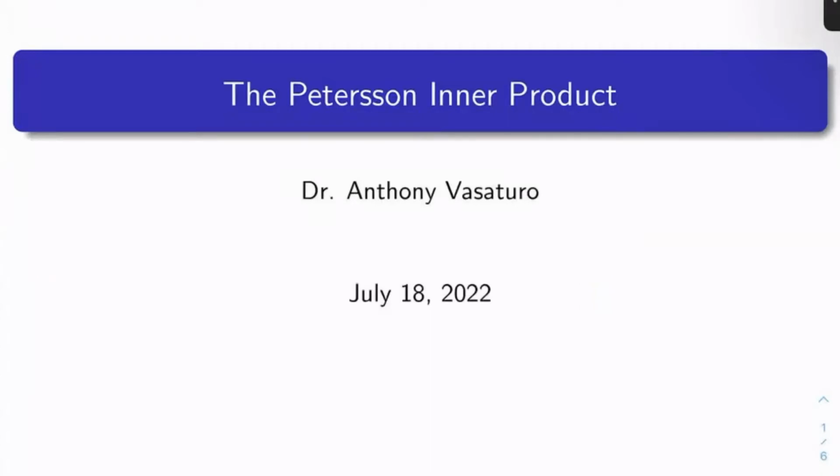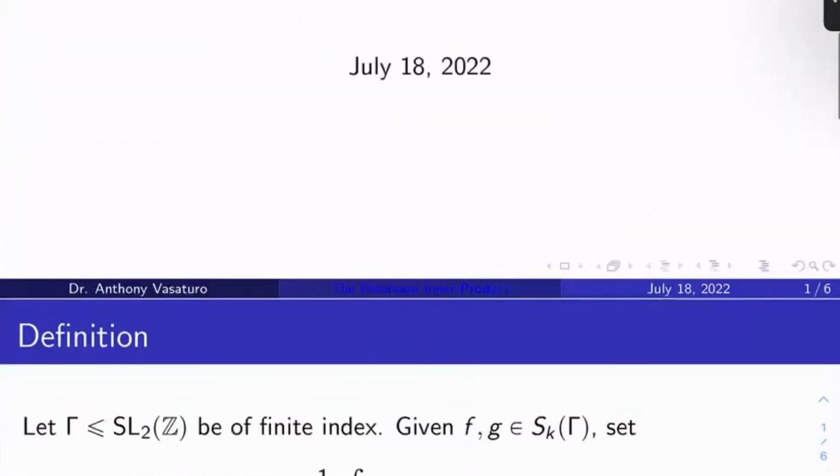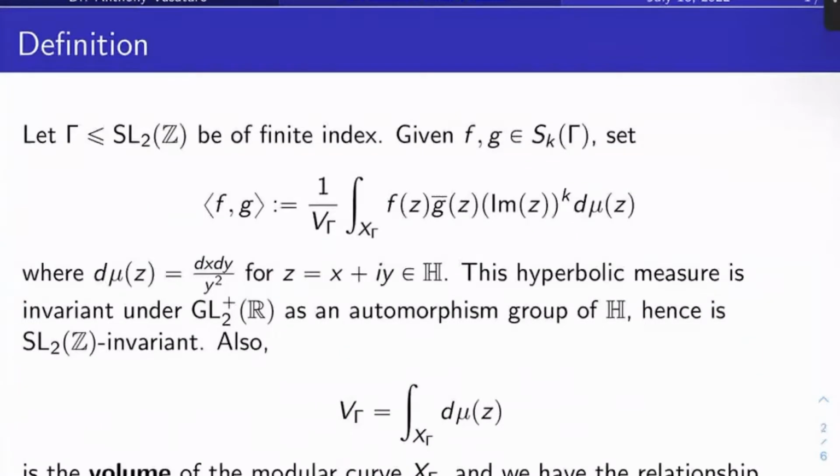Welcome back, everybody. Today is all about the Petersson inner product. So what's the definition? Let's take a subgroup of finite index gamma in SL2 of Z. Let's take F and G in S sub K of gamma, the space of weight K cusp forms for gamma, and let's set the inner product of F and G to be 1 over the volume of gamma, V sub gamma,